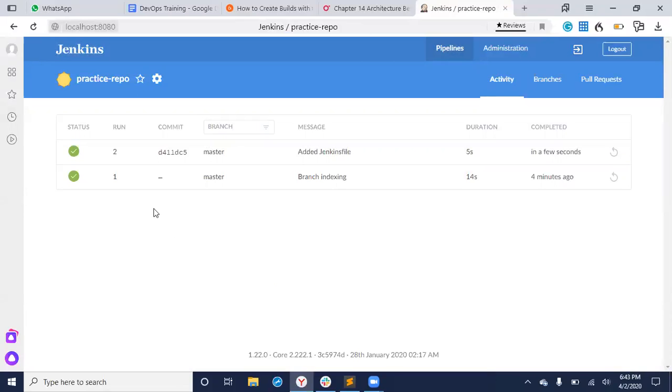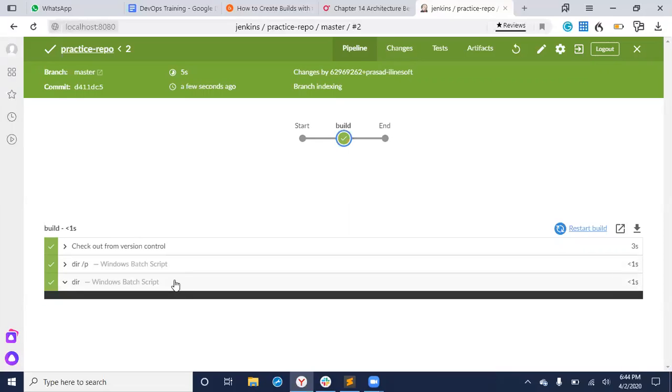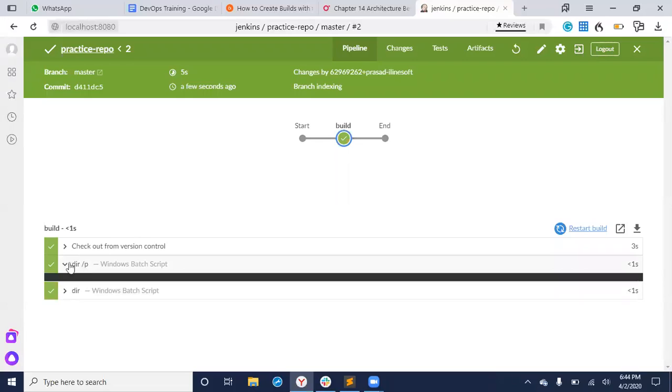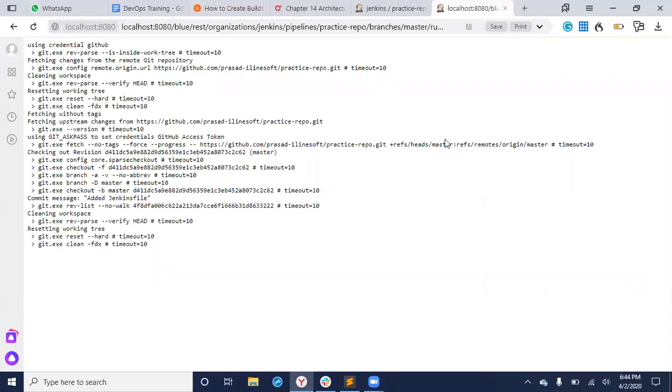The moment you make some changes, it automatically runs. So it has run something. Let's see the status of it. Now, if you see, I added a step, dir. For every step, you see the traditional Jenkins output and this output. This gives a very controlled, more staged view. It should actually show more details. Actually, more than this Jenkins pipeline, I like the GitLab pipeline and CircleCI. They show views much better. This is okay, just showing it in a segregated way.